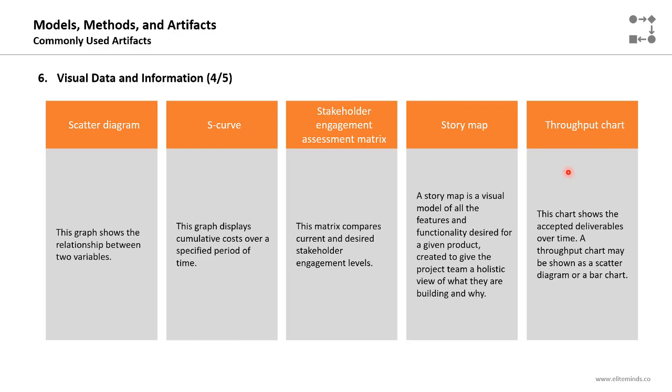Scatter diagram, it's a graph that shows simply a relationship between two variables in the project. The S-curve will usually display the cumulative costs over a specified period of time. If you want to see the cumulative budget we spent on the project up to date, we will use the